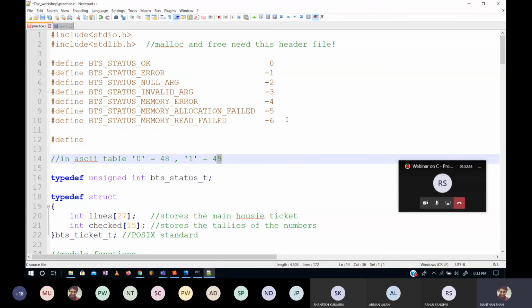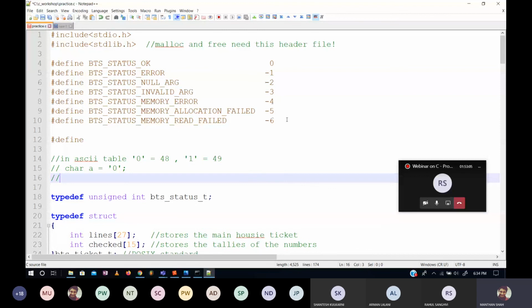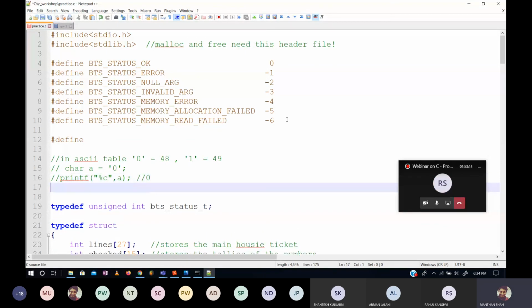That means if I write char a is equal to some value, and then print this as a character, it will give me 0. But if I print this as an integer, then the output will be 48.